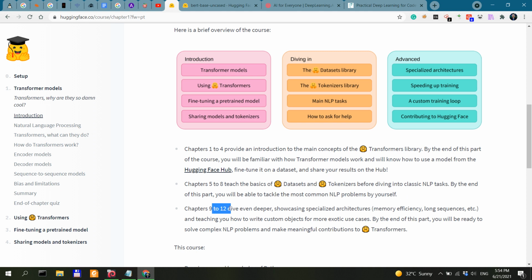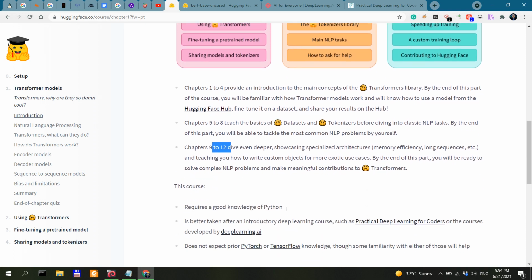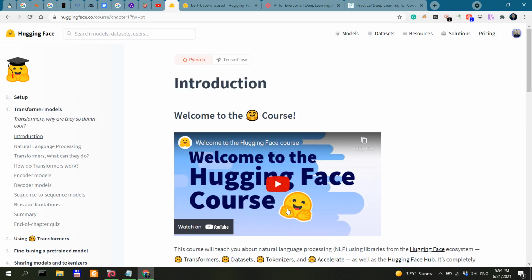And then chapters 9 to 10, really interested in advanced stuff, so I'm really looking forward to this. Okay, so far so good. I might be doing more videos on Hugging Face. Maybe I'm going to do a video on the API inference to actually show you how it can work. All right.